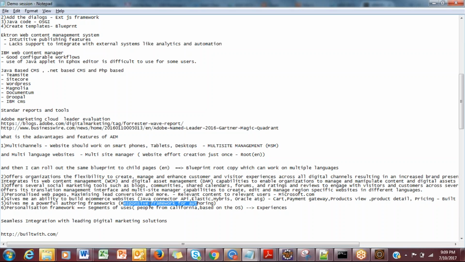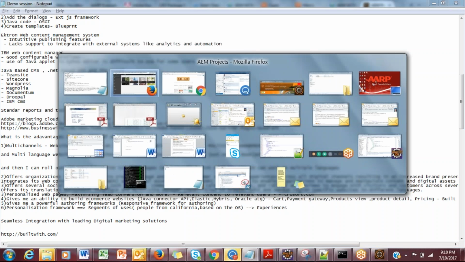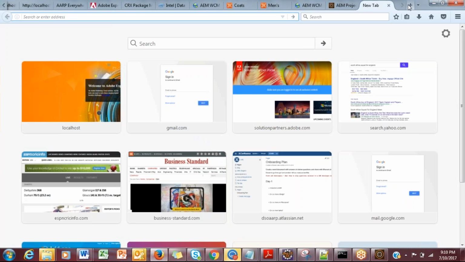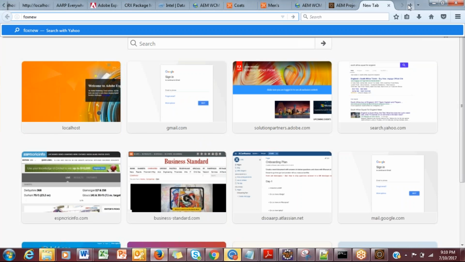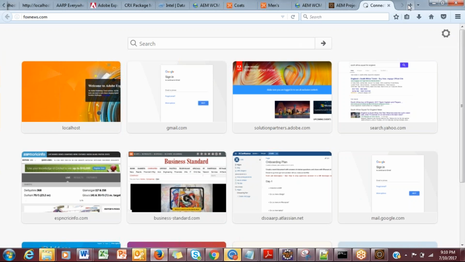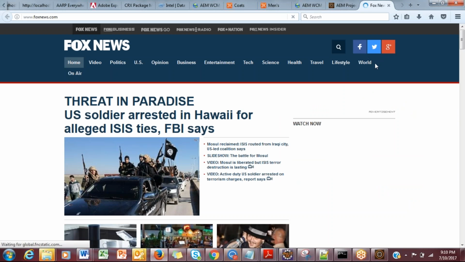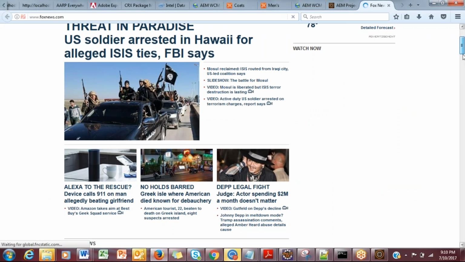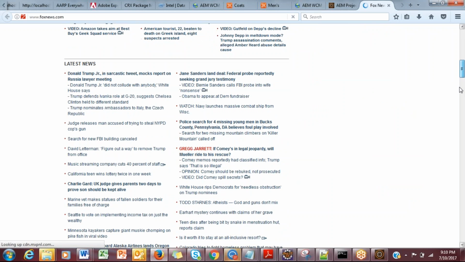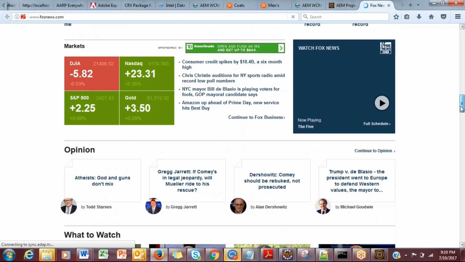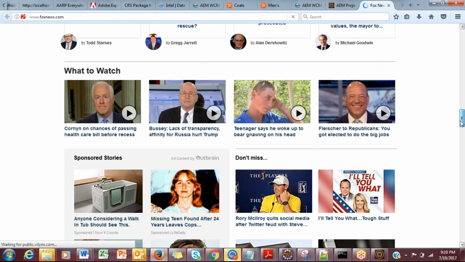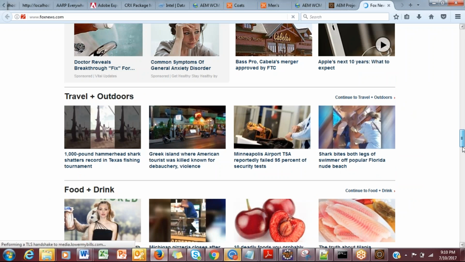The next advantage is, imagine sites like foxnews.com. Let's go to foxnews.com. Now if you see, these websites have the latest pictures, videos, and sometimes some documents, PDFs, right?